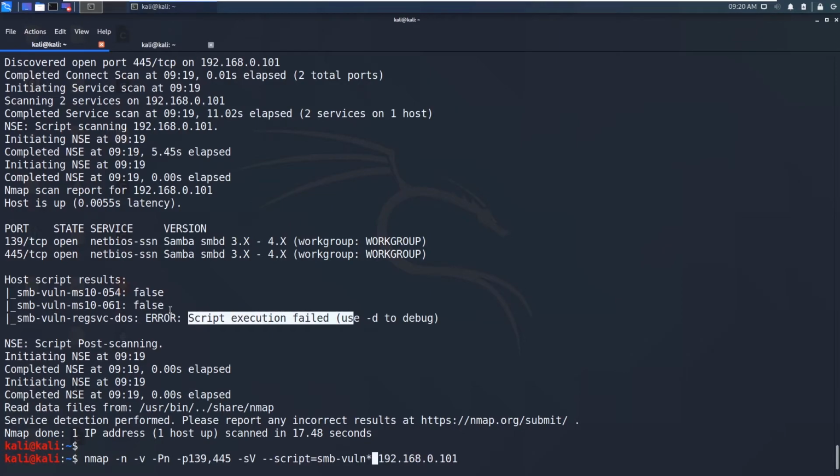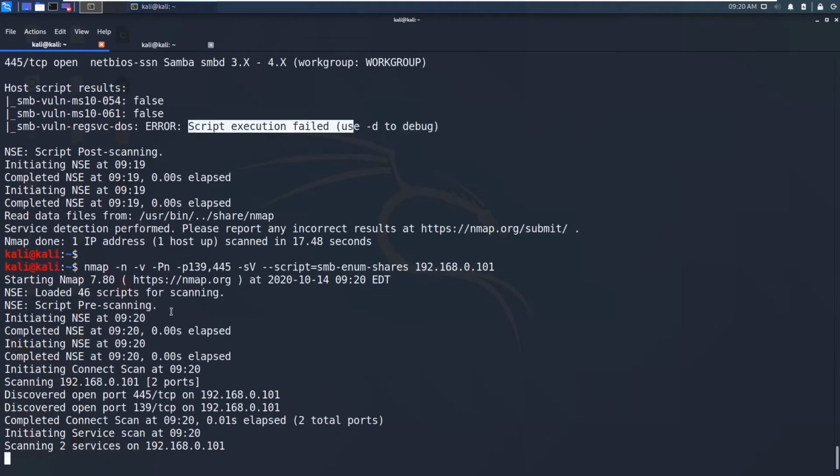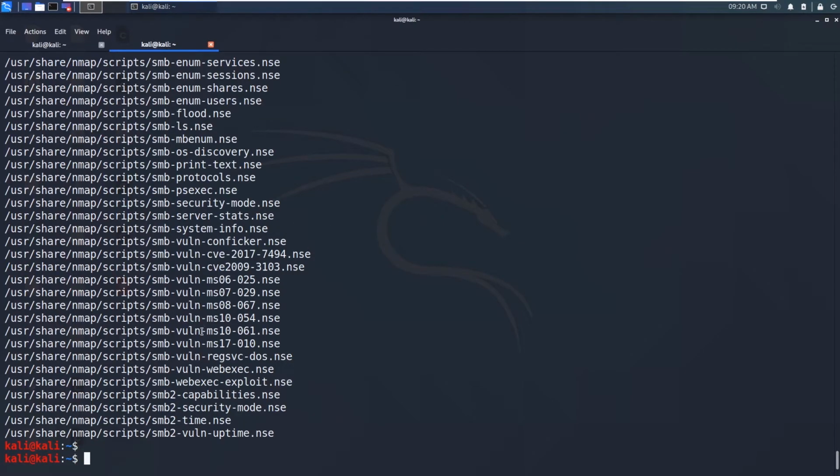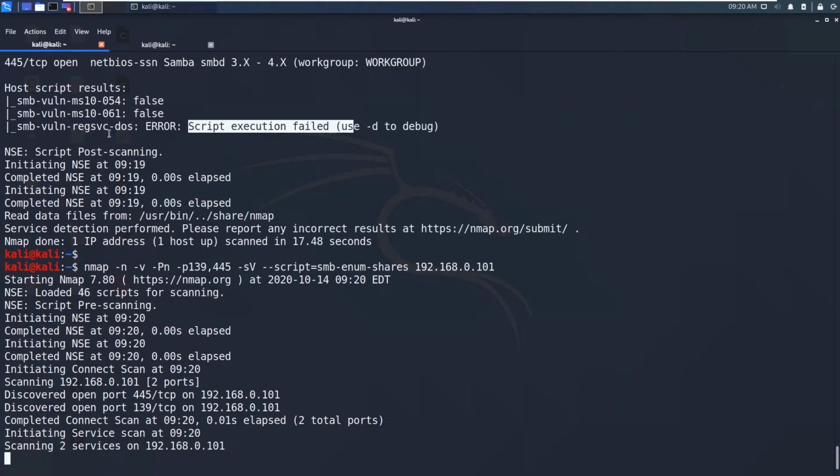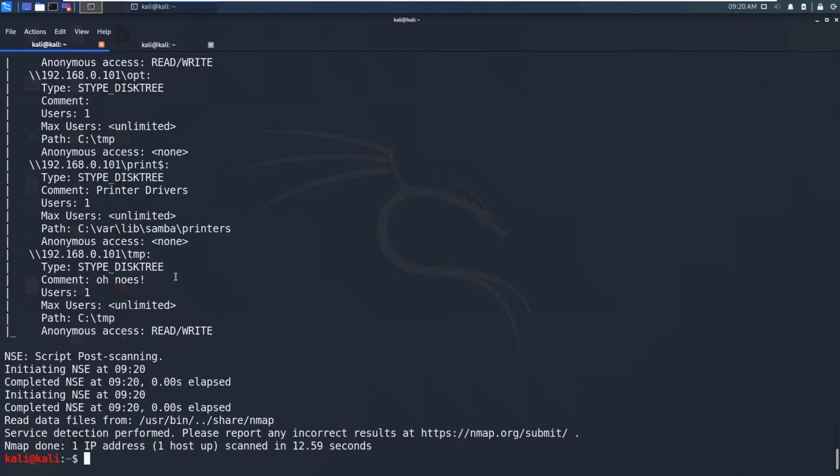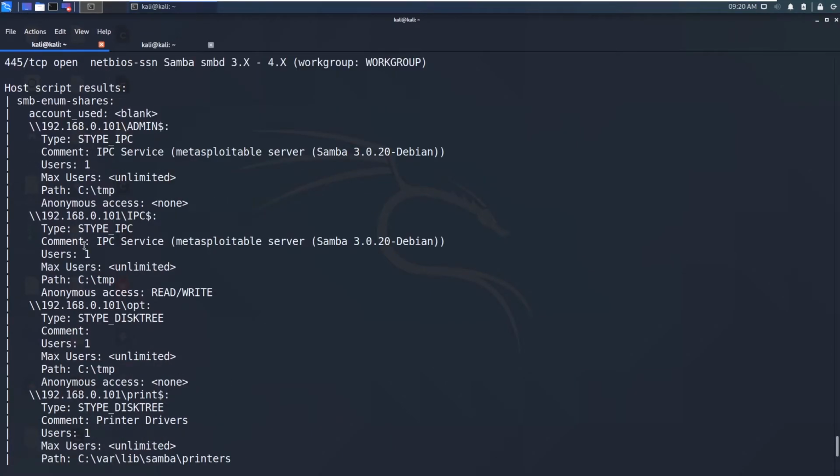So let me do the enum shares to check any shares available, to list all the folders that are being shared on that server. Alright, there are some shares we can see.